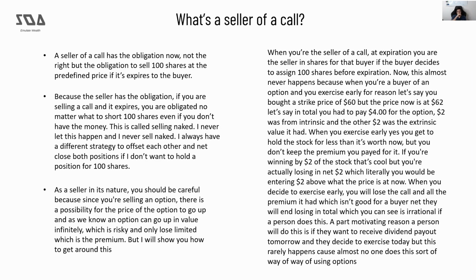You decided to sell a call, and you didn't have anything offsetting the other option, because you decided to enter with only one single call, which you were selling. This is called selling naked, because if the call manages to get in the money by expiration and you didn't have the money, that's called selling naked. So this could be very risky.